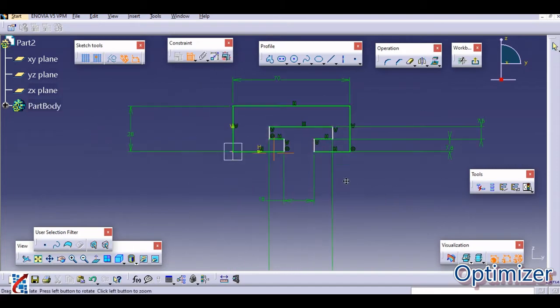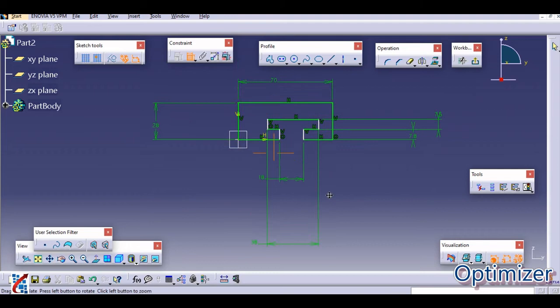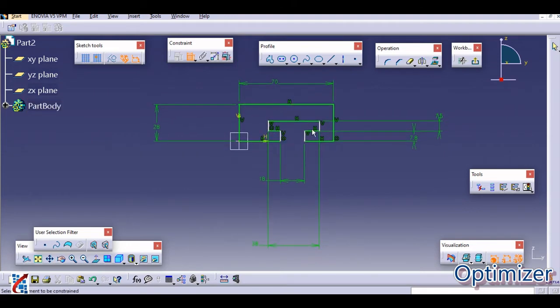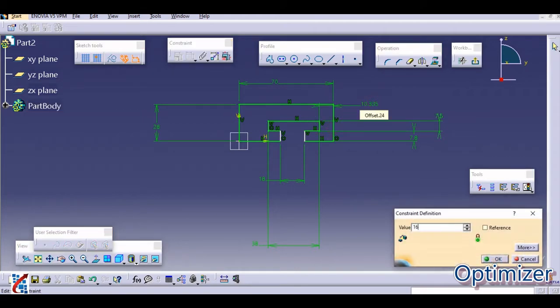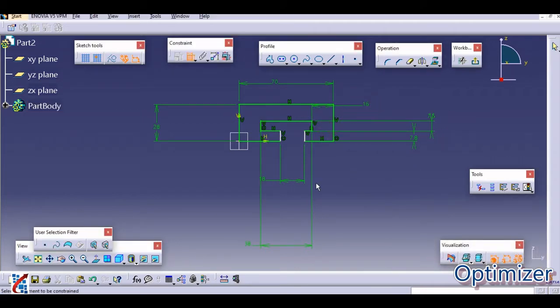So enter 28 here. These dimensions are given, and this is exactly at the center. The total height of this is 38. So 70 minus 38 is around 32. So from this to this it is only 16, so it will become exactly at the center.